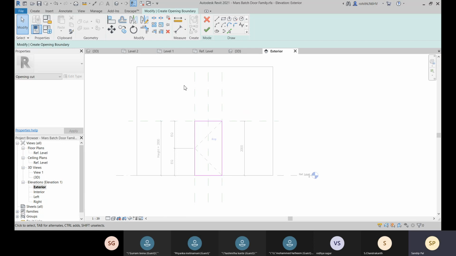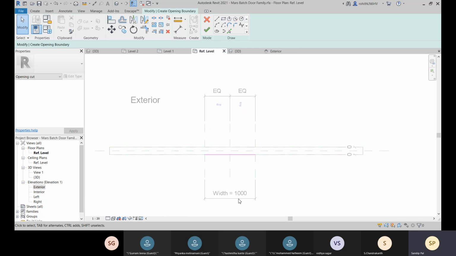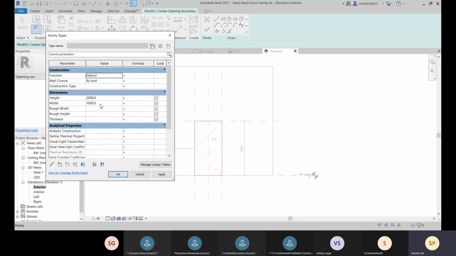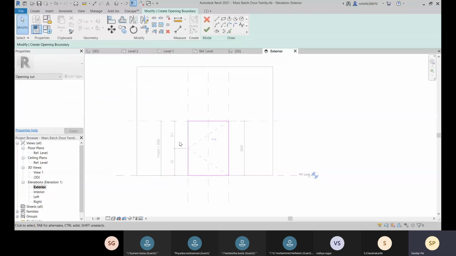Suppose this width was there. You can come to this width, and let me check it by changing this width to 1500. You focus on this area and click on apply, and here you can see, as I was mentioning, that this is right now aligned with this.